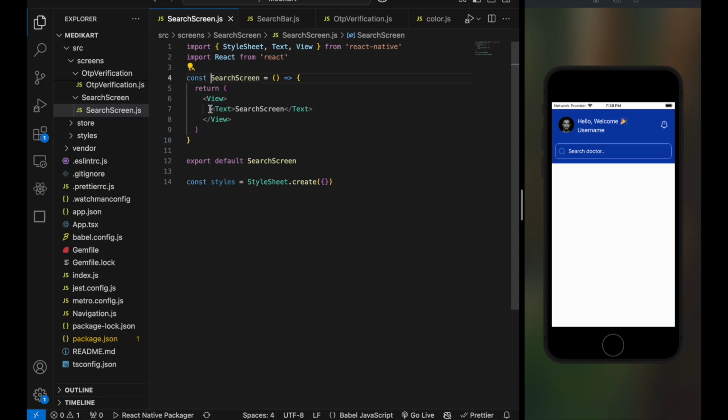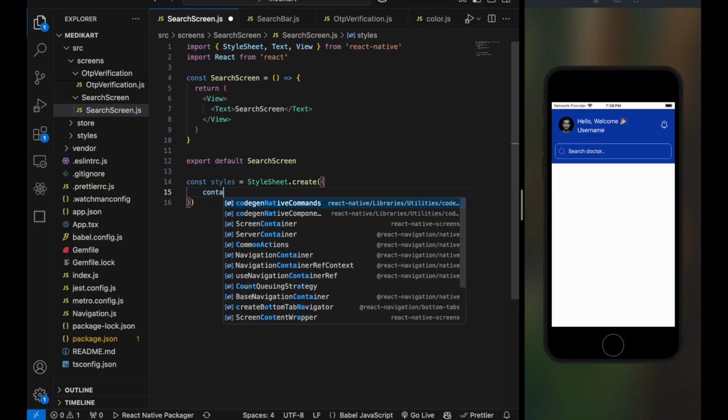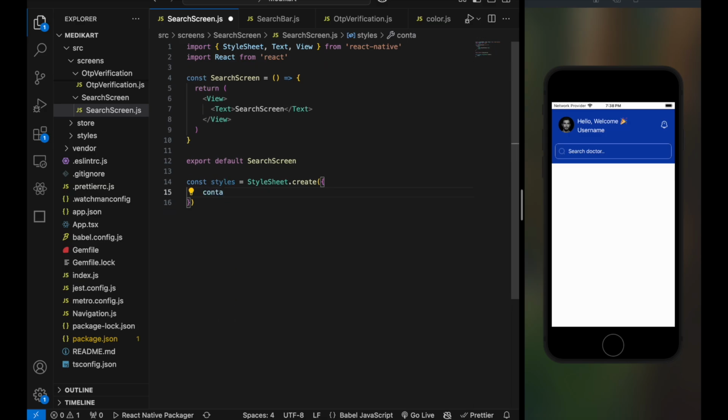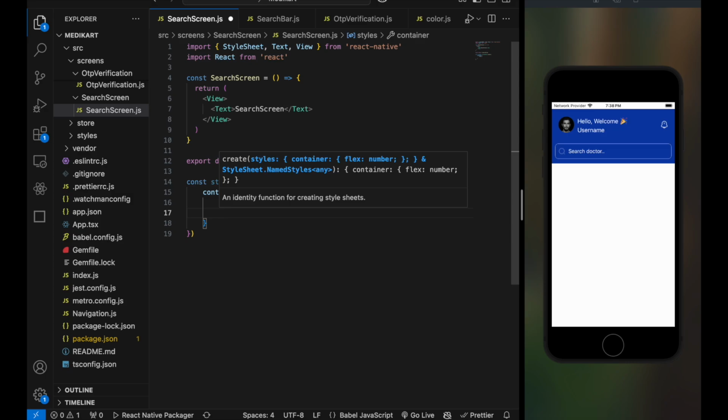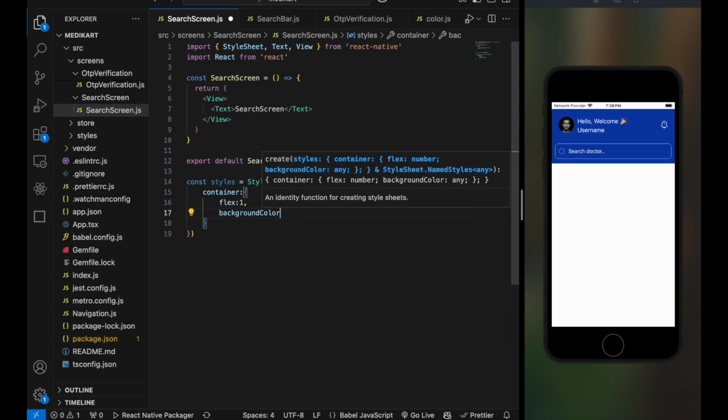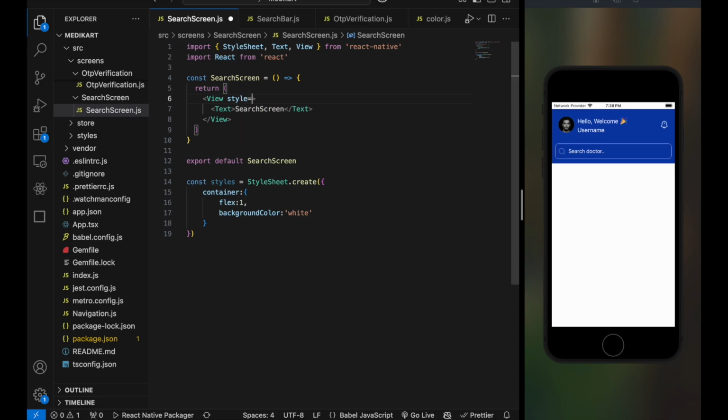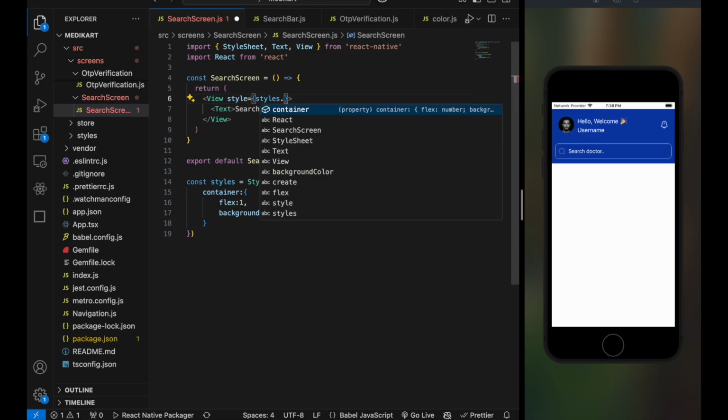Okay, now here let's put a container, flex 1 and background color white. Styles dot container,